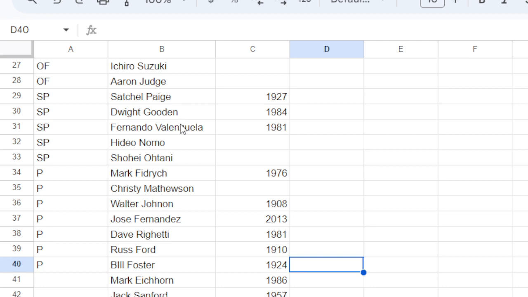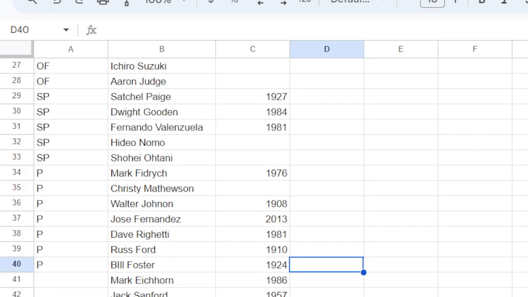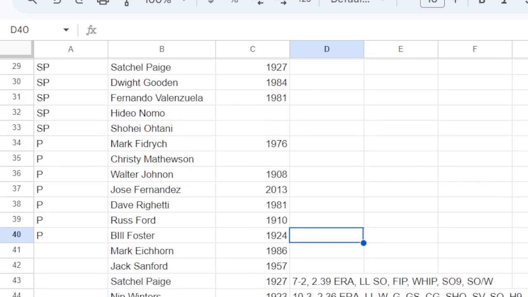And then Nomo and Otani, I'm gonna just say they're in just because their rookie seasons were so crazy. Not just for being good, but also for being such media and cultural phenomena, just like Fernando. But I need to pull up their years. Oh, actually, if I just go back to the list,